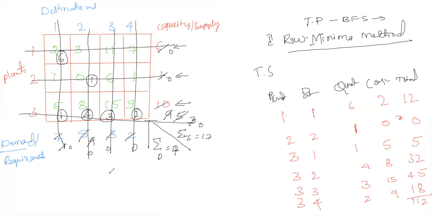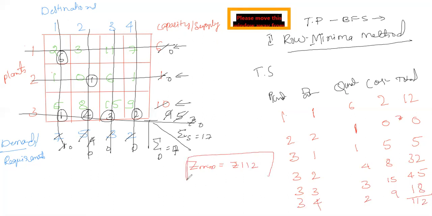So you will get the cost. That is, the Z minimization of transportation cost for this problem is 112 units of cost. They have not mentioned any unit, so if it is dollars, pounds, or rupees, whatever the value, you have to consider that. Z minimum is equal to this. Okay, so this is a basic feasible solution.